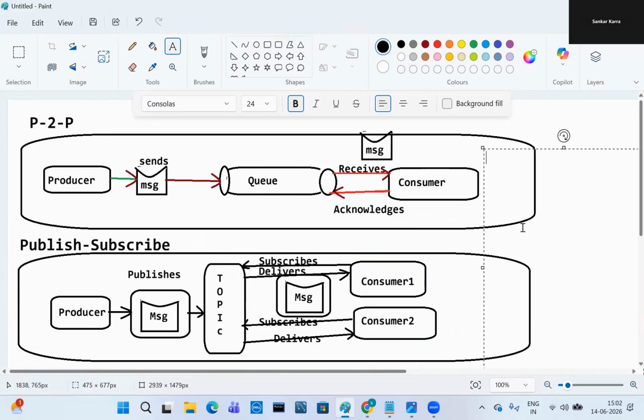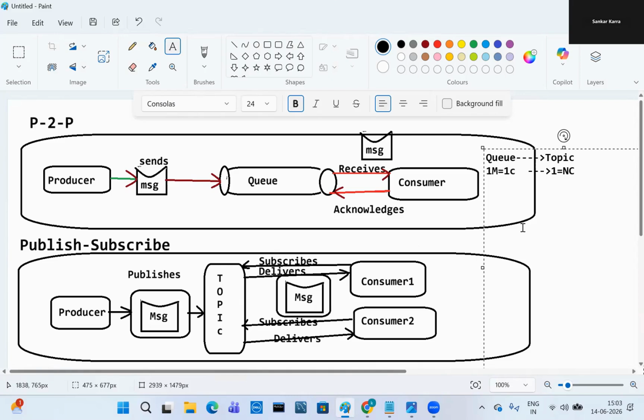So the first one, it will be the queue. It is a queue. Coming to the other hand, it is a topic. In a queue, one message equals one consumer. Coming to the topic, one message equals multiple, right? Suppose n number of consumers.